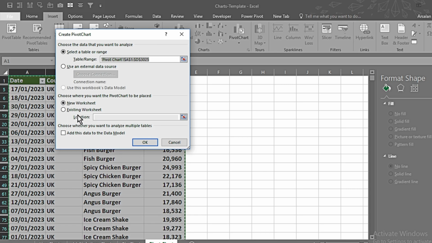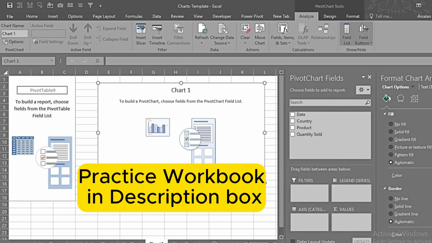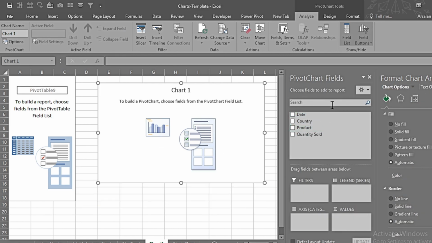I'll go with the new worksheet. I press OK, and here we have the chart area. We have the pivot chart fields as we have the pivot table fields. The pivot chart fields work in the same way as the pivot table. If you want to understand pivot tables, you can click on the link above.